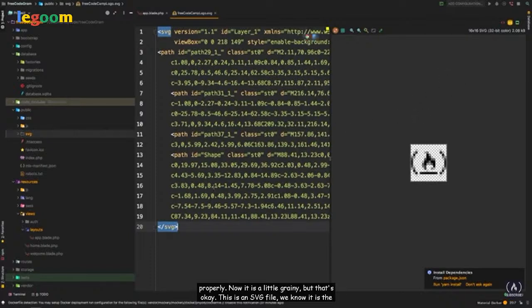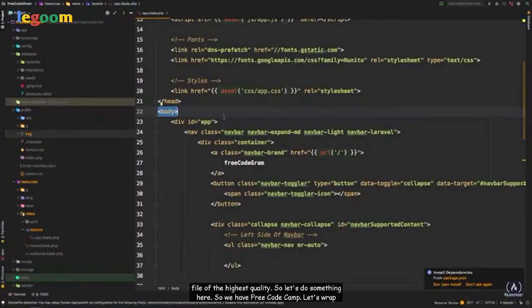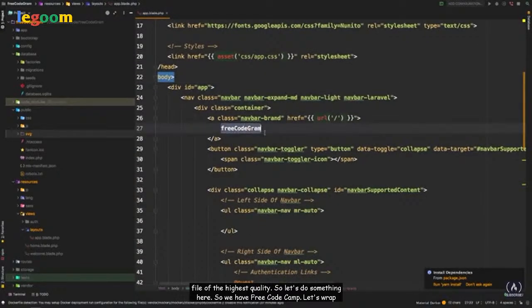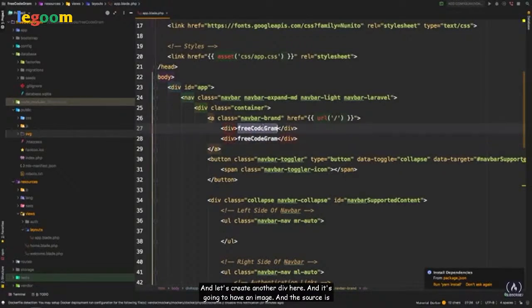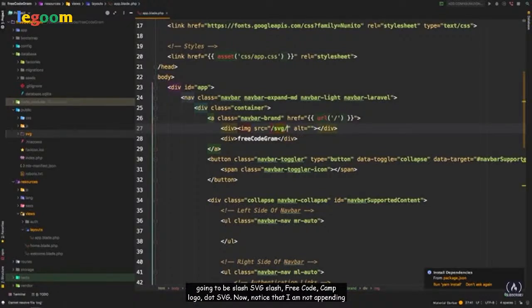This is an SVG file. We know it is the file of the highest quality. So let's do something here. So we have free code camp. Let's wrap this in a div. And let's create another div here, and it's going to have an image, and the source is going to be /svg/free code camp